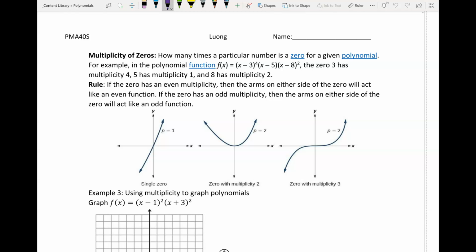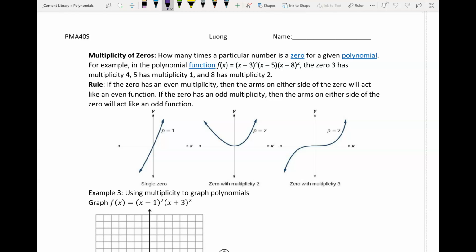So this is a shorter lesson just because we need to cover just one more method in graphing polynomials. This is the most common method that they're going to put on the exam just because it is quicker to graph. And they don't want to spend 15-20 minutes on one question just to graph a polynomial. So this is the most common one. By no means does it mean that they won't ask you other questions, but be prepared for this one especially